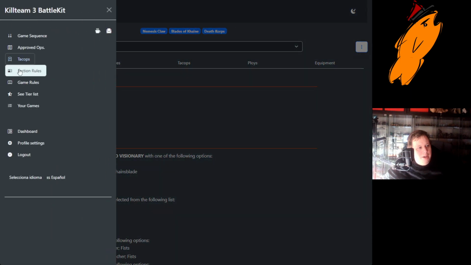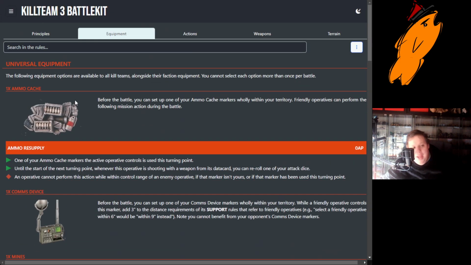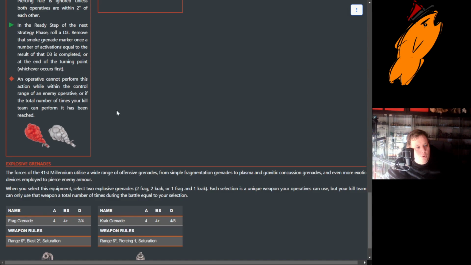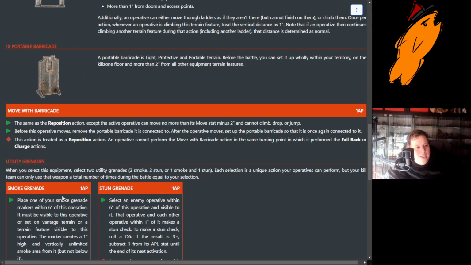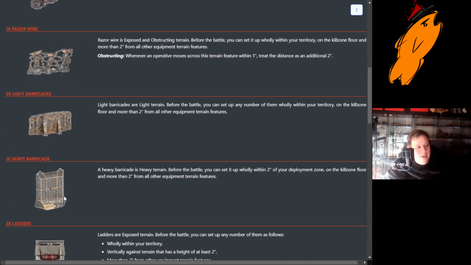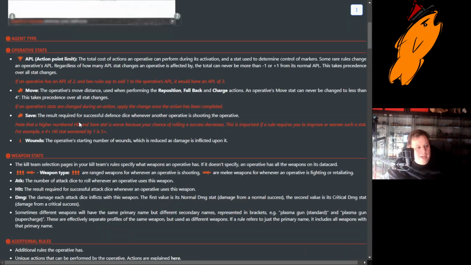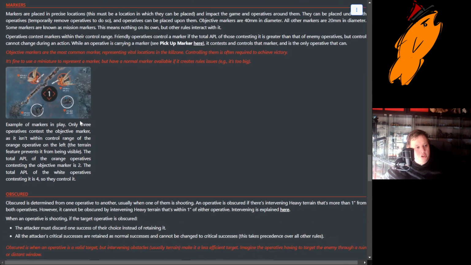So, back here, next we've got game rules. So this is just a really good glossary. The page I use the most while playing is the Universal Equipment tab. So this gets me all the universal equipment, and I can look at it at a glance, including the rules for the grenades, smoke grenades, stun grenades, barricades, portable barricades, all these things. I can even go, I've never needed to do this at the game side, but he's got a version of all the core rules from the rulebook,